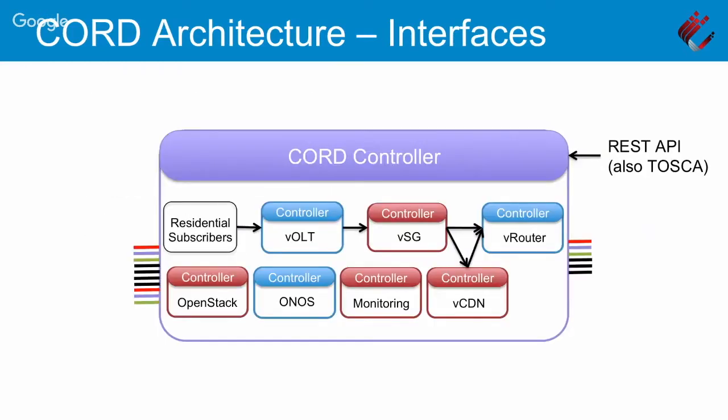So if I look at that in terms of a picture, that is the CORD controller. There is a REST API that's generated out of the data model, northbound facing. You can put whatever OSS, BSS system you want on top of it. You integrate it into eComp, you integrate it into whatever. And then that interface controls everything inside of CORD.